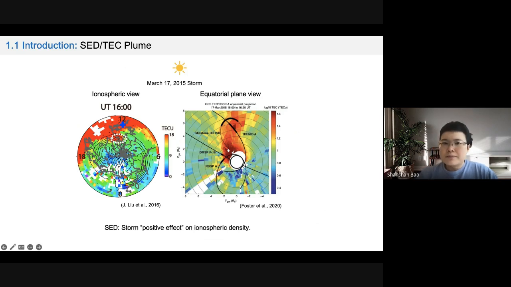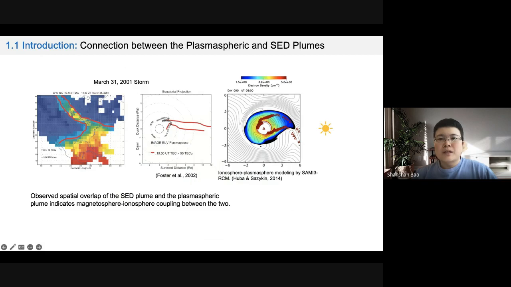And if you map this TEC map into the equatorial plane following some magnetic field line profile, you will see that the contour looks just like the shape of the plasmasphere. This kind of connection between the plasmaspheric plume and the SED plume was first reported by Foster et al. in that famous 2002 paper, where he